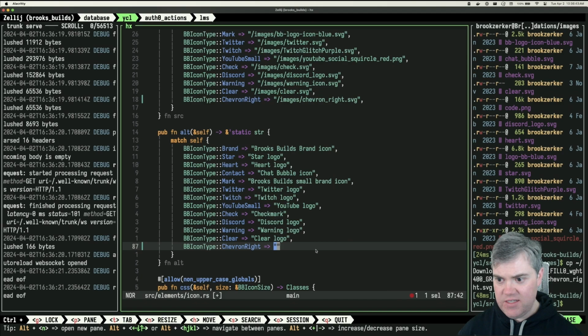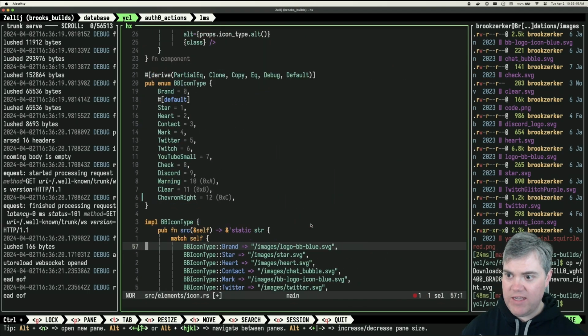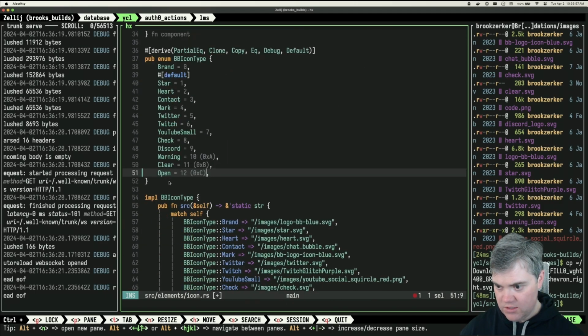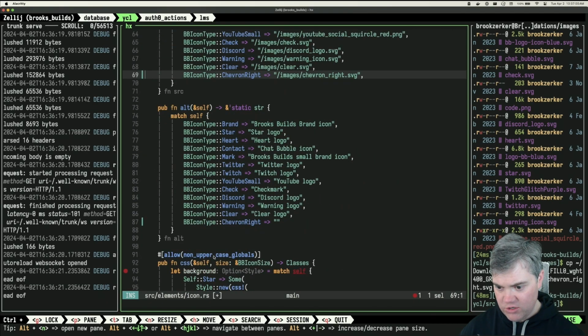Oh, so let's actually. I can make this so much better. What if instead of calling this chevron right, what if I call this open? So like, if I call you open,